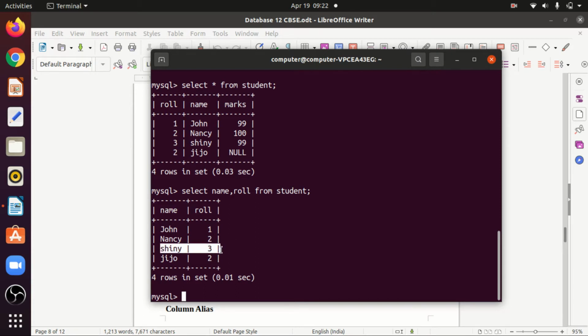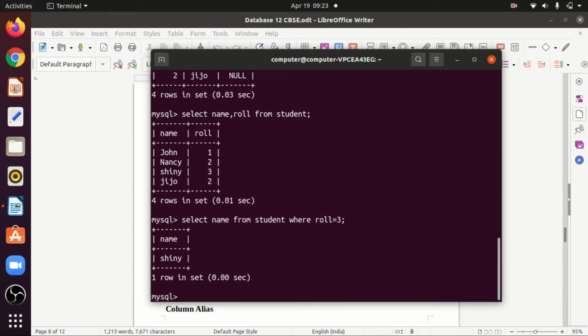So what I will do, I will select name from which table? Student table. Where, now where I want to select a particular row on the basis of what? Roll number, whose roll number is 3. So the name Shiny will be displayed.